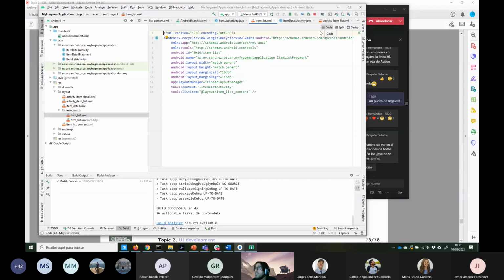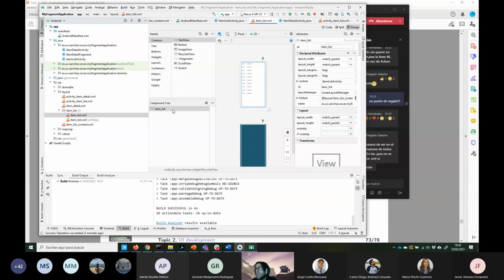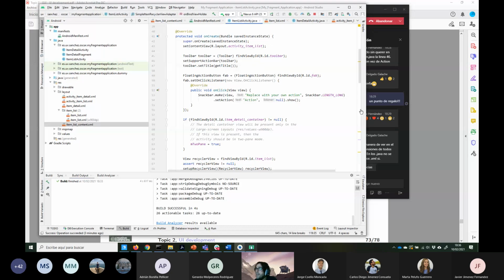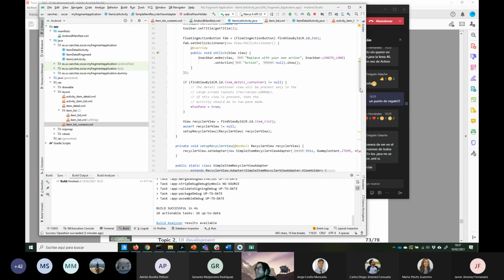If we go to the code, we can see that it is a recycler view. And in this item list, what we are displaying is not this stuff, but an item list content. This is a bit difficult to see at the beginning. We have a recycler view, but we don't know how many elements we are displaying in the list. So what we do is that for each element here,